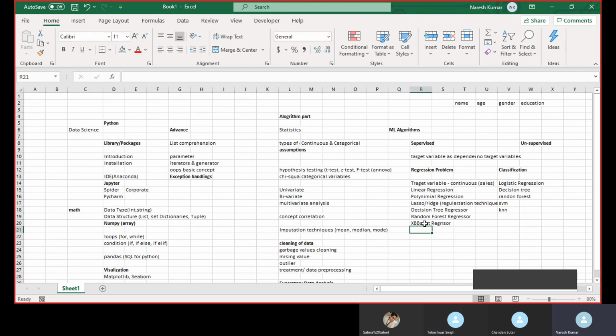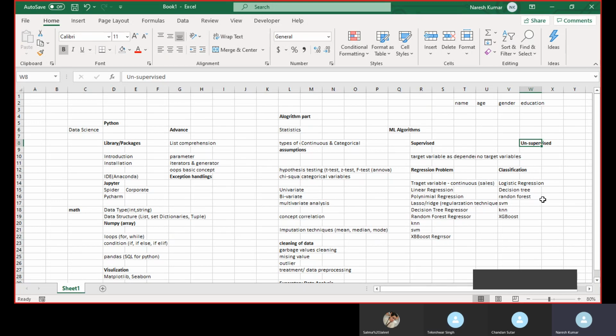We can use KNN and SVM as well here. There are more also, like XGBoost. All those you can also use.